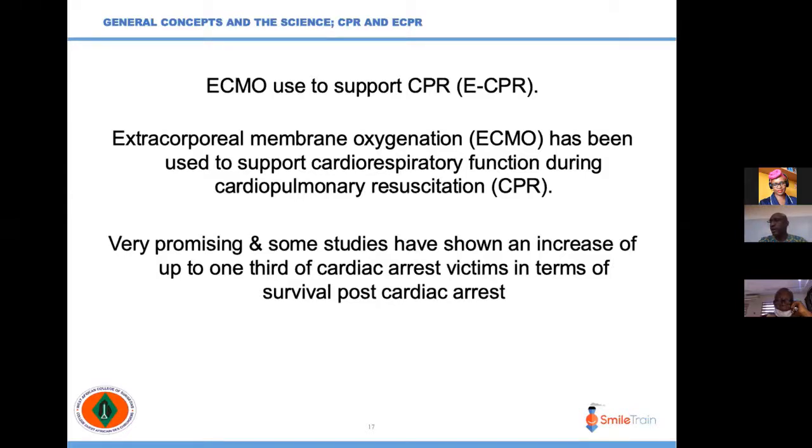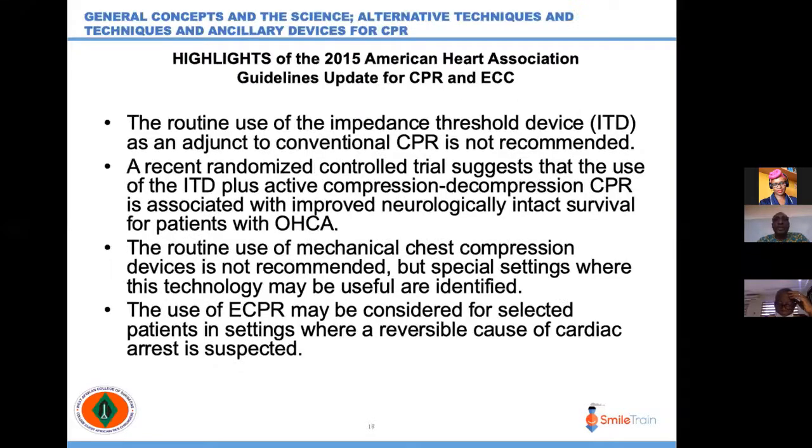And it's very promising. Some studies have shown an increase of up to a third in survival of cardiac arrest victims post-cardiac arrest. This is what the 2015 American Heart Association guidelines have said